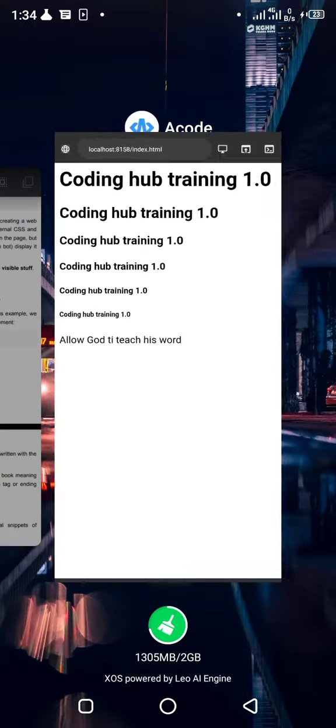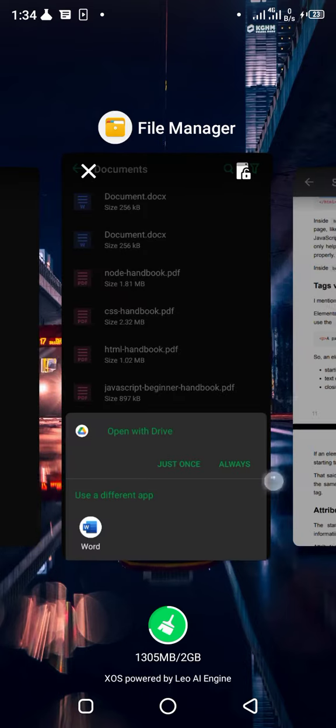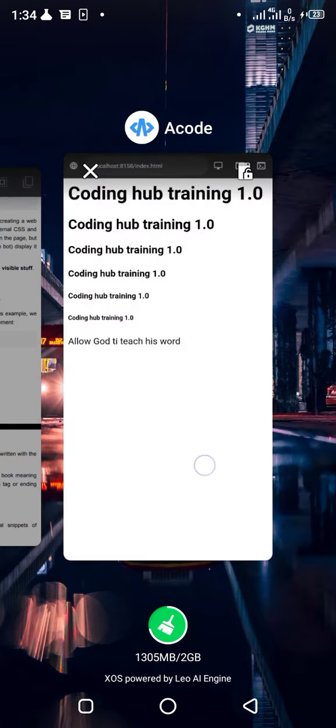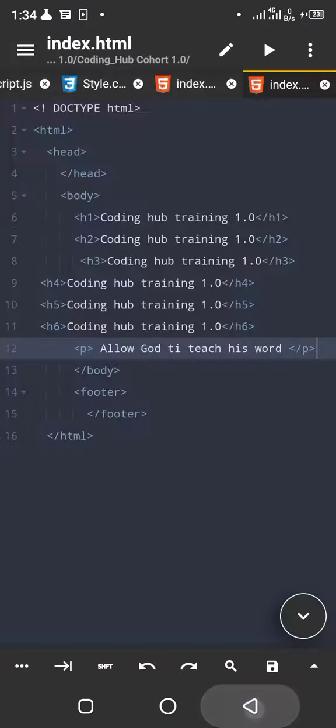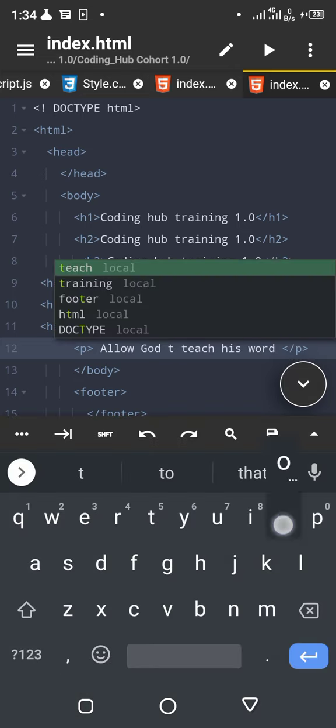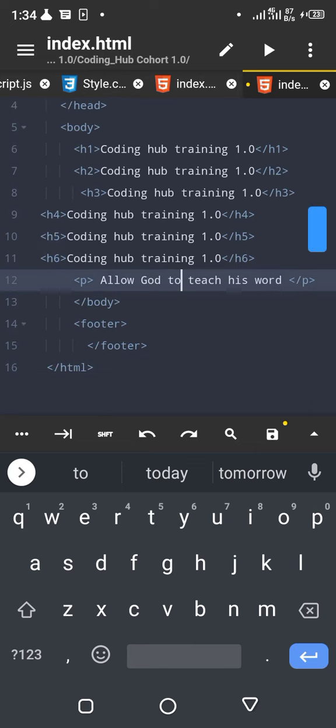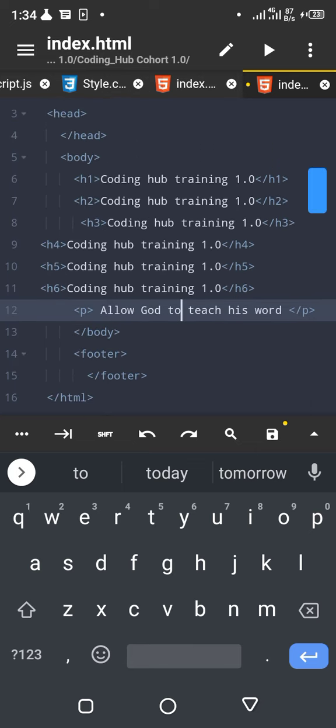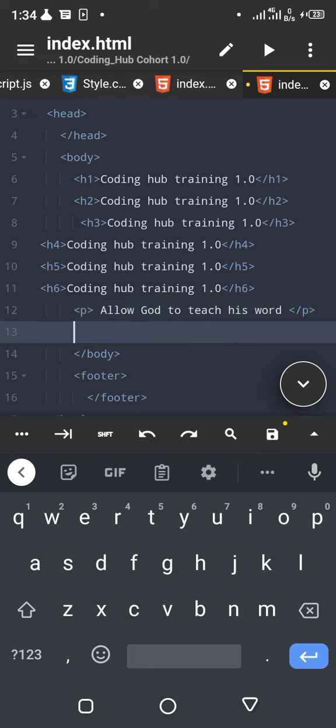The last tag we talked about was our p tag. Now we're going to move on. You can see that all of these tags I'm writing are still inside the body tag. So that is it. The next tag we're talking about is our